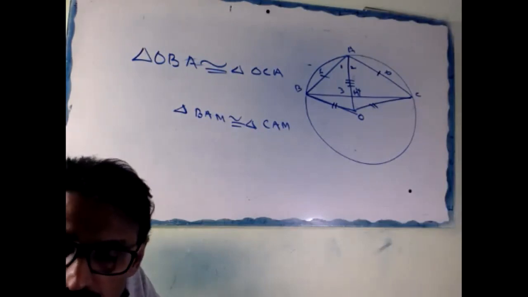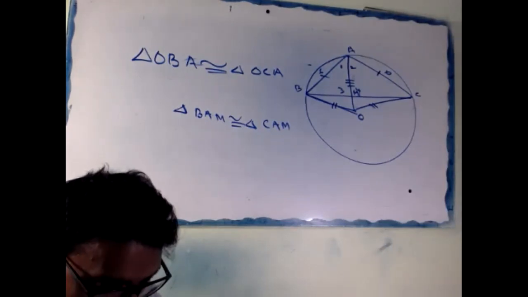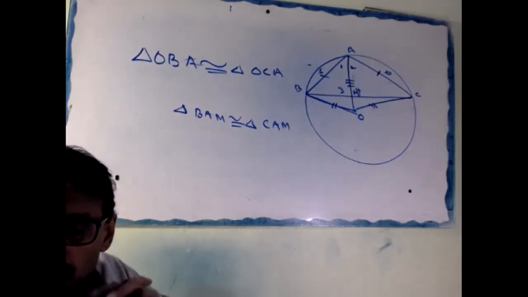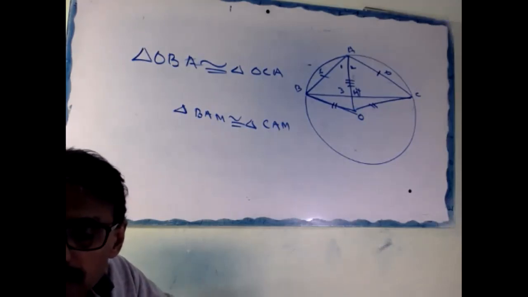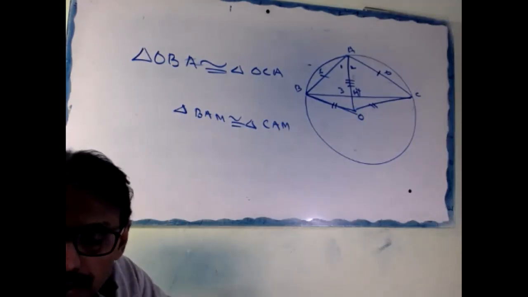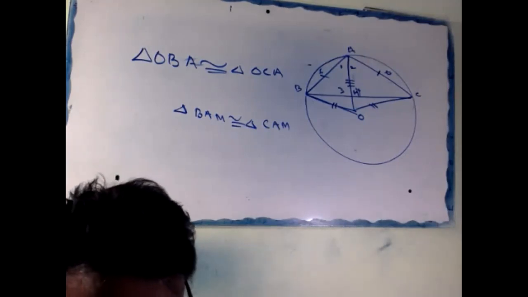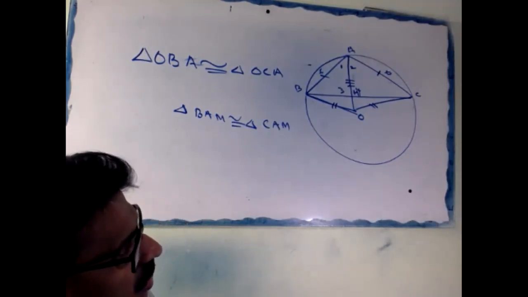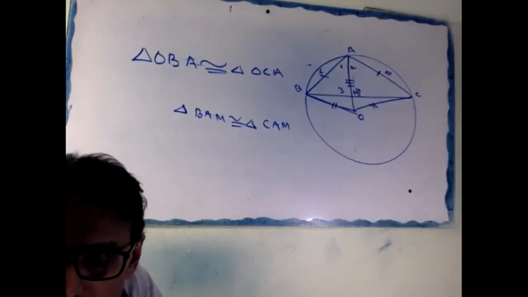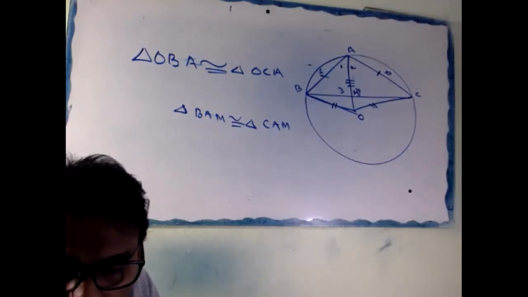Up to here, okay or not? This is the base. Is it clear or not? Then only we can proceed to the second part. Okay. Now, look at here. Our requirement is what? You have to find out the length of BC. Correct? We have to find the length of BC.